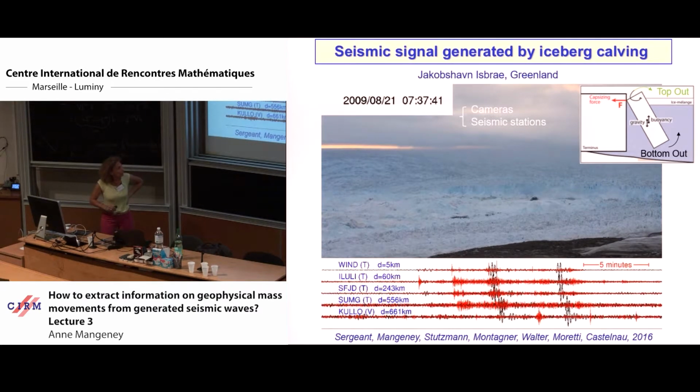And so if you look, it seems that the amplitude of the signal is the same for the two icebergs, but you see that there is a small one and a very big one. So it is why up to now people were not able to recover the volume of the iceberg by looking at the amplitude of the signal. It's not simply related, and I will show you, thanks to numerical modeling, that in fact it is not related, and this kind of iceberg, which are top out, that generate higher amplitude than the ones that are bottom out, due to the interaction with water.